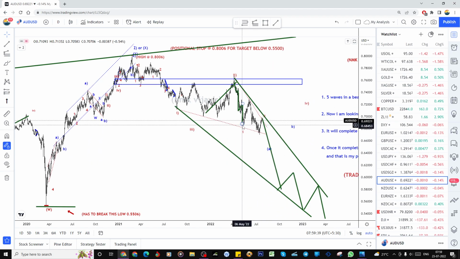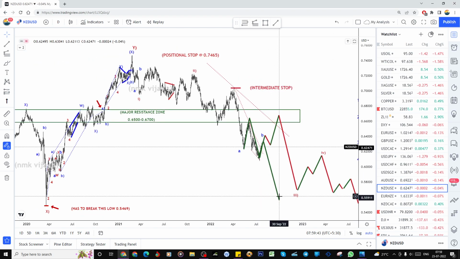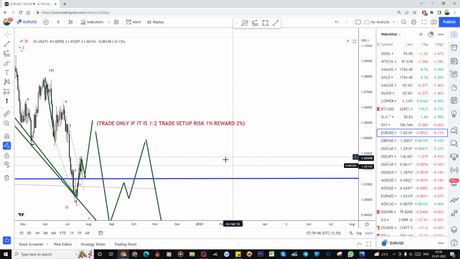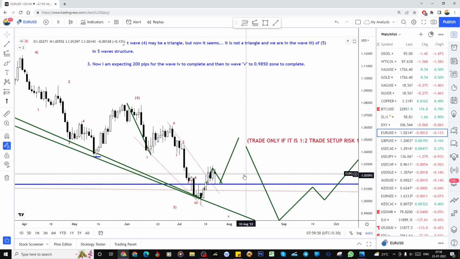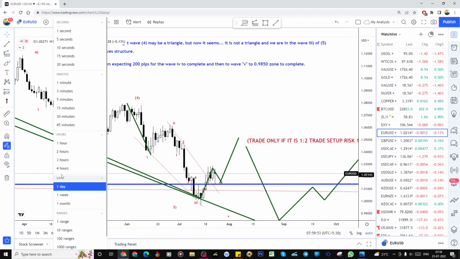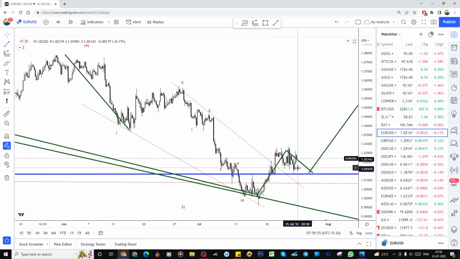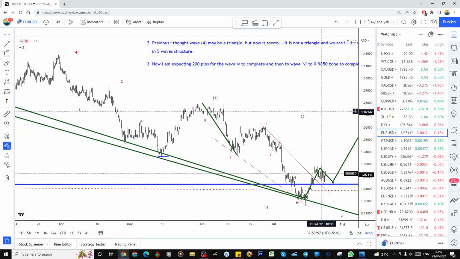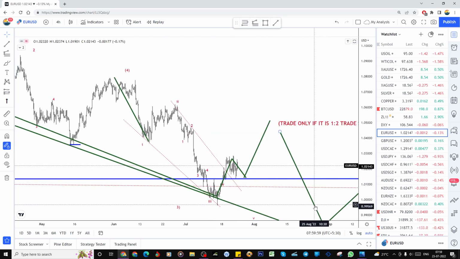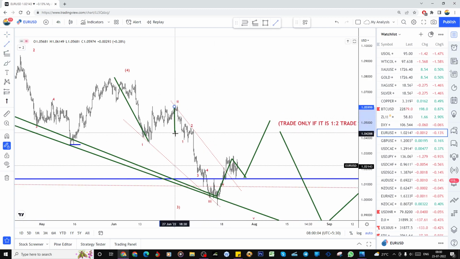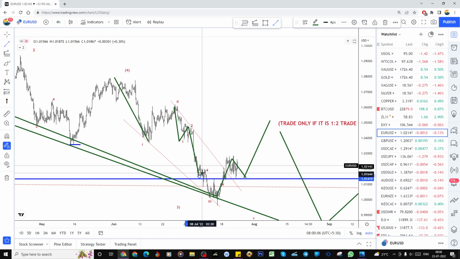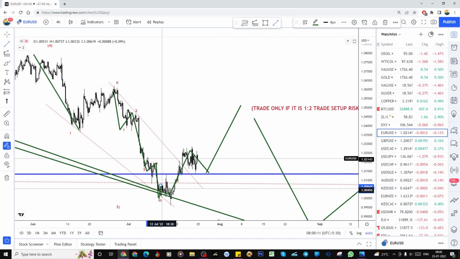What we are doing is a 1 2 3. So in this also we are expecting the C, and in Euro USD also, here what we are expecting, according to that there is a chance for going higher and then coming to the downside, but we don't know whether this is the 1, this is the 2, this is the 3, this is the 4, and 5 has got completed here, and this could be that